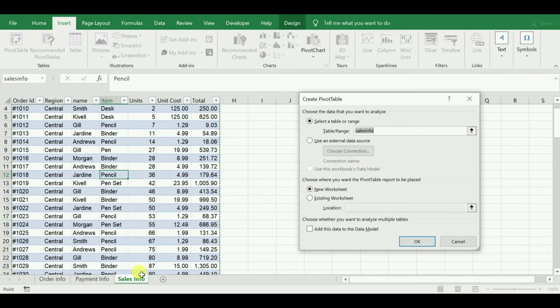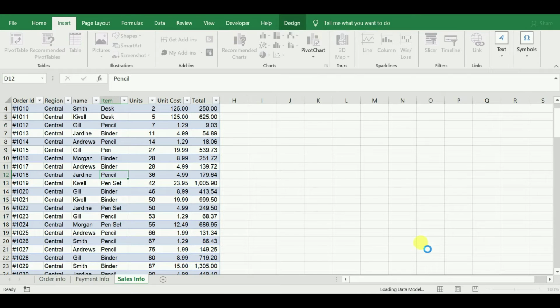Next is choose where you want the pivot table report to be placed. Here I am selecting the new worksheet. And the last option is choose whether you want to analyze multiple tables. Here I am selecting the option add this data to data model and then click on OK.